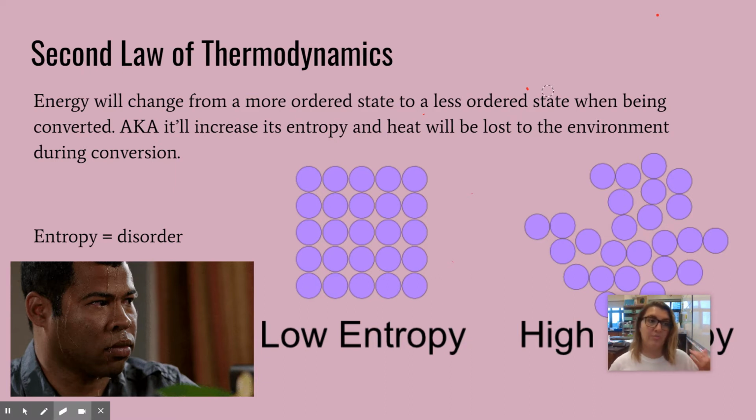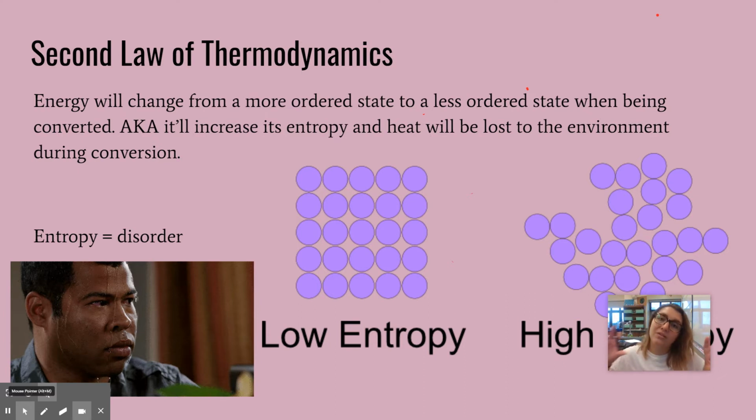So a good example of the second law in action is when you are exercising. All right, so you're turning chemical energy in your body into kinetic energy. So that's the conversion that's happening there. And when we're doing that conversion, we're going to lose a lot of heat to the outside world, which is why you start to sweat and get hot when you work out, is because of the second law of